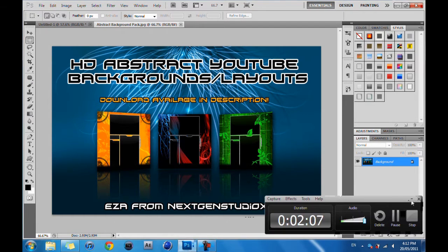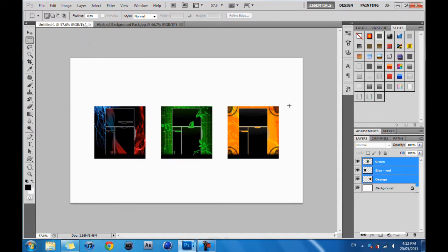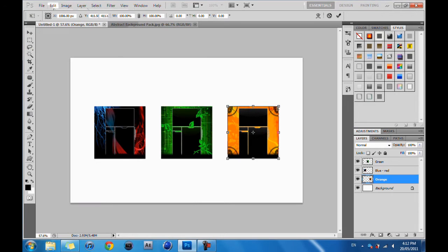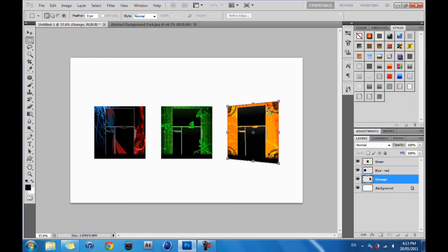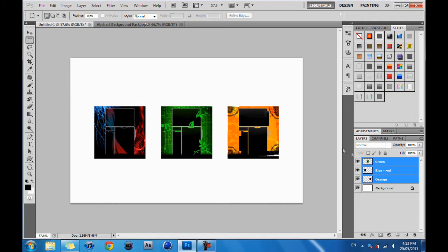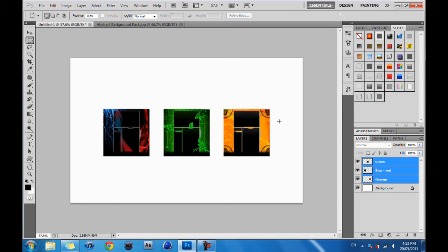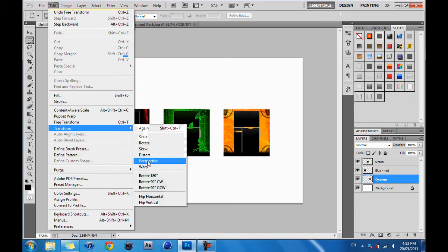So if we go back into here, and if we click on this orange one on the right here, we go into Edit, Transform, and then Perspective. We hold this corner and we drag up. We can see it changes the perspective. So once we've got an angle that we're happy with, we can just double click and that will apply our changes. But first I am actually going to make these a little bit smaller, like so, and now we can apply the changes. So Edit, Transform, Perspective,